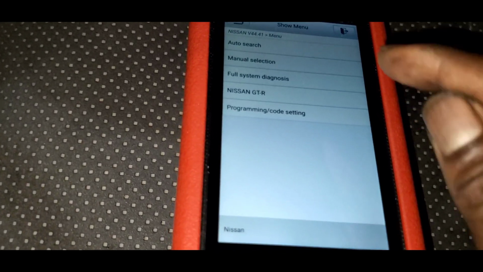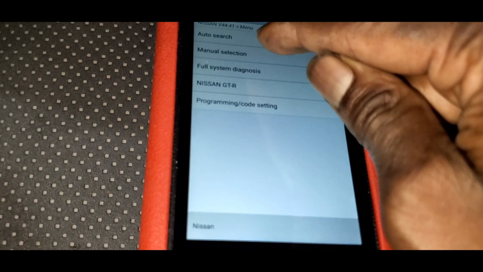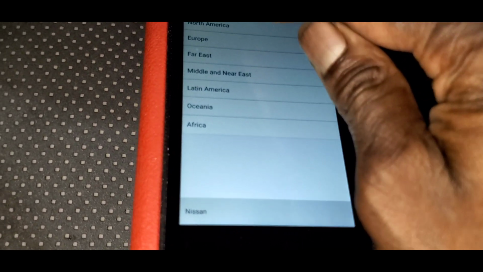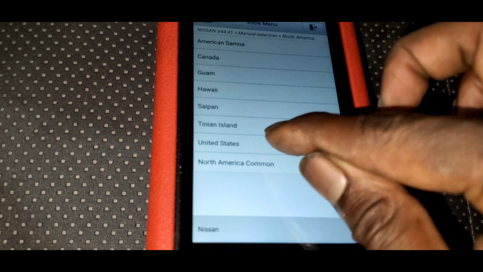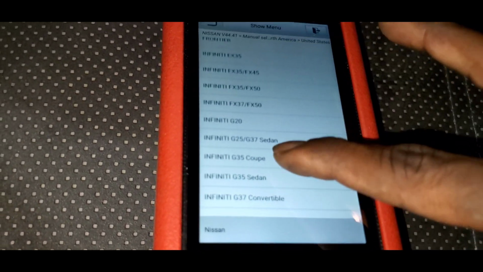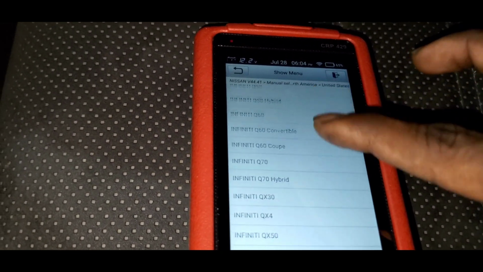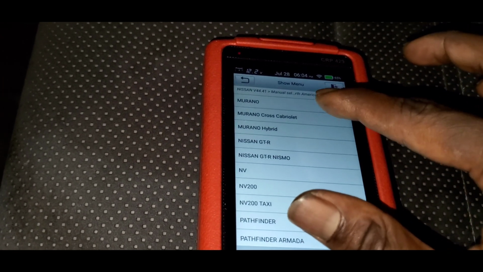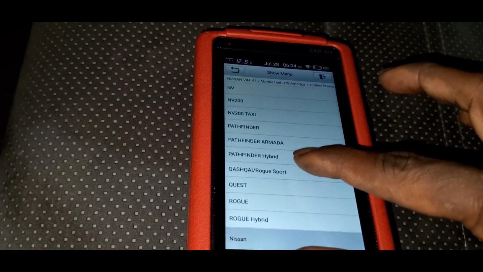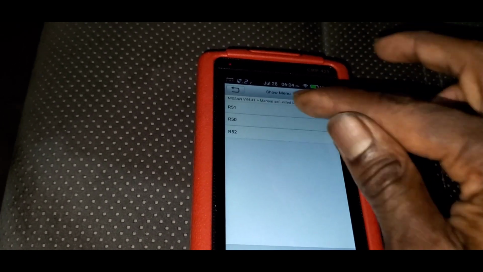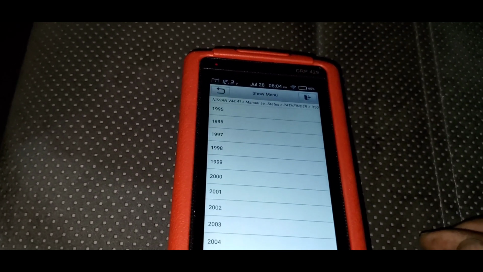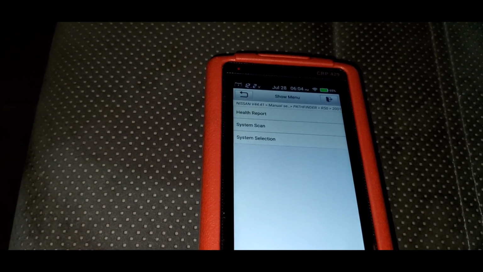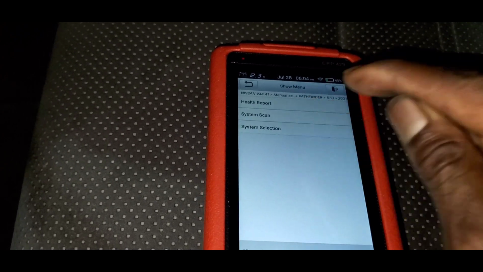We're connecting. I'm gonna go ahead and go to manual, American, United States. We'll scroll to our Pathfinder here. Where are we? Right here. Pathfinder, and then R50, and then 2001. Okay, so we want to do a system selection,